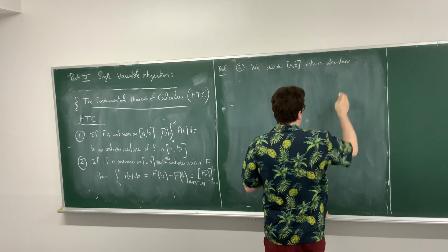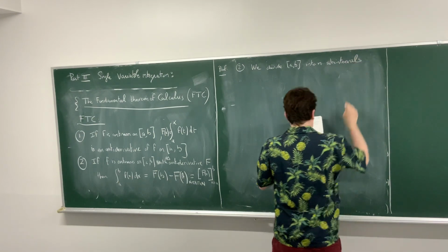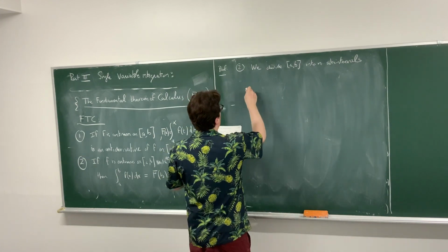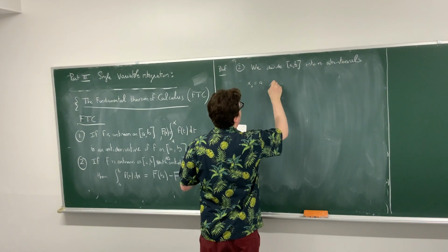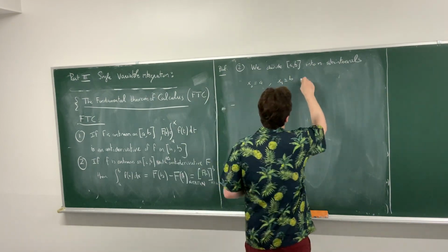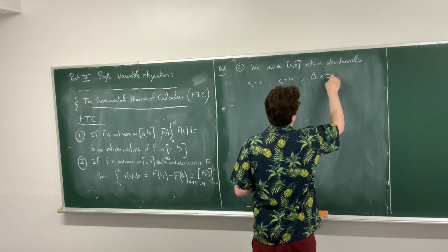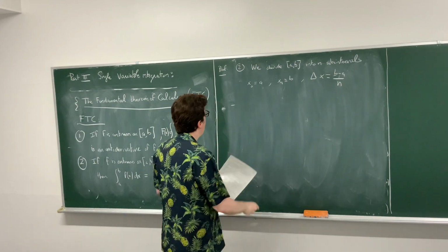So we will use definition 2. So x0 will be a and xn equal b, and then we will take delta x to be b minus a divided by n. And then we can write